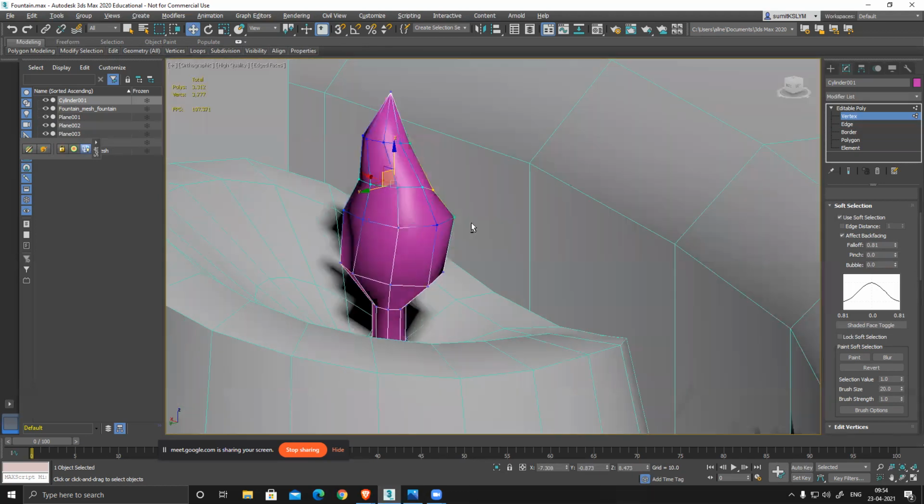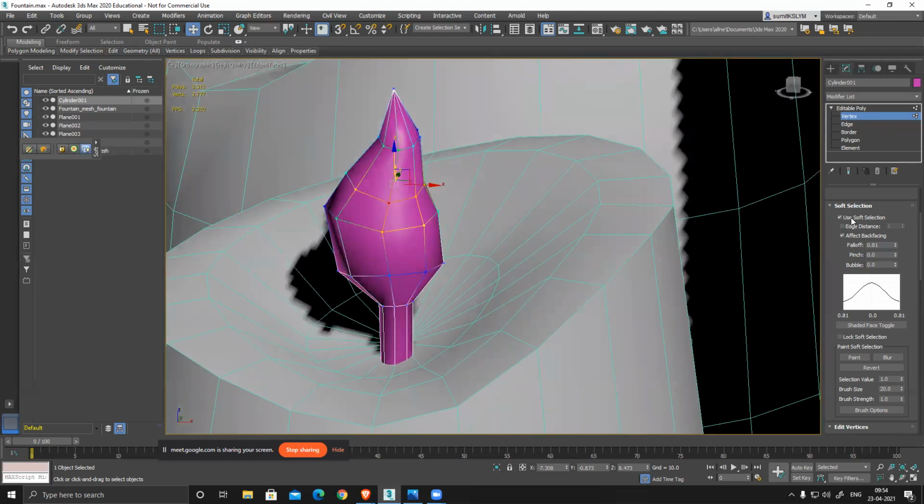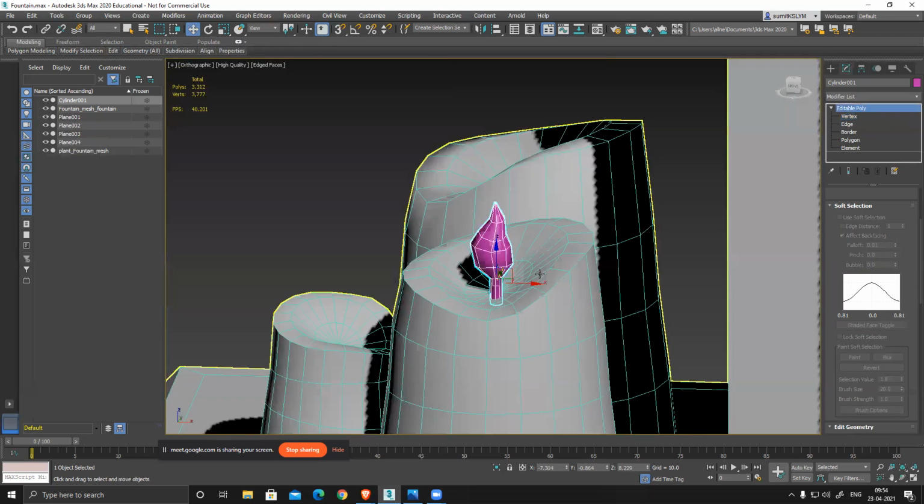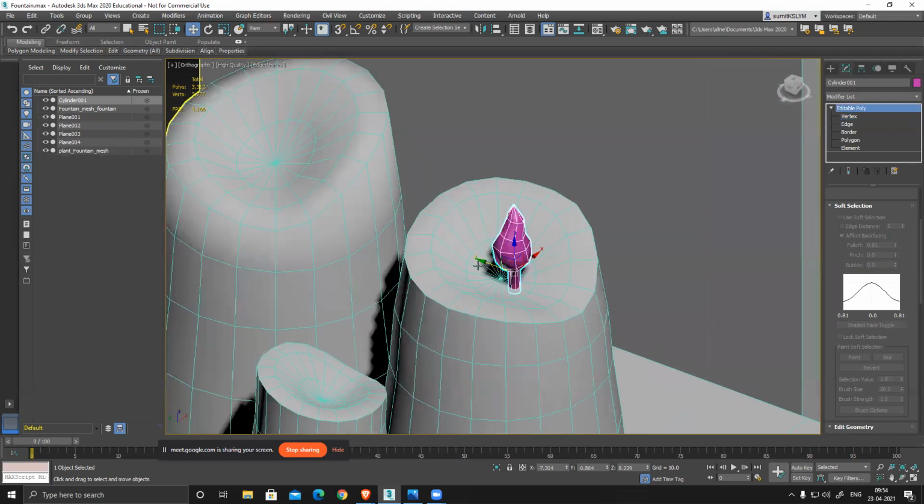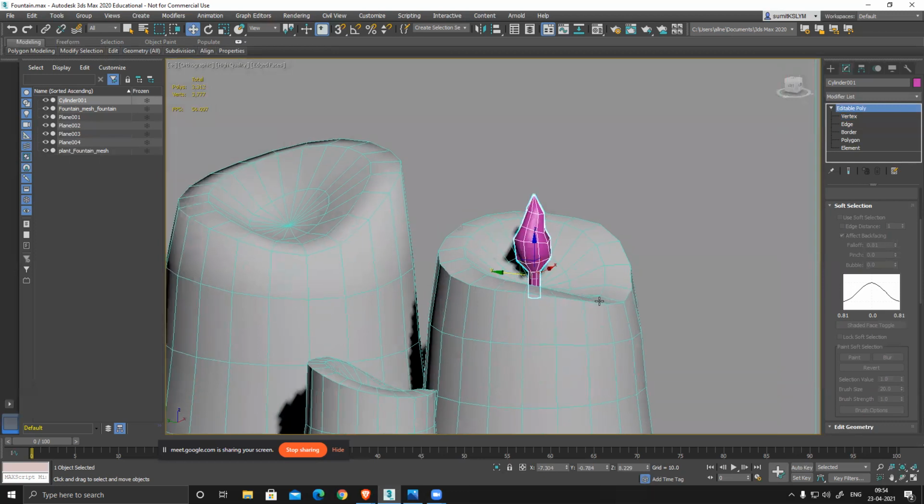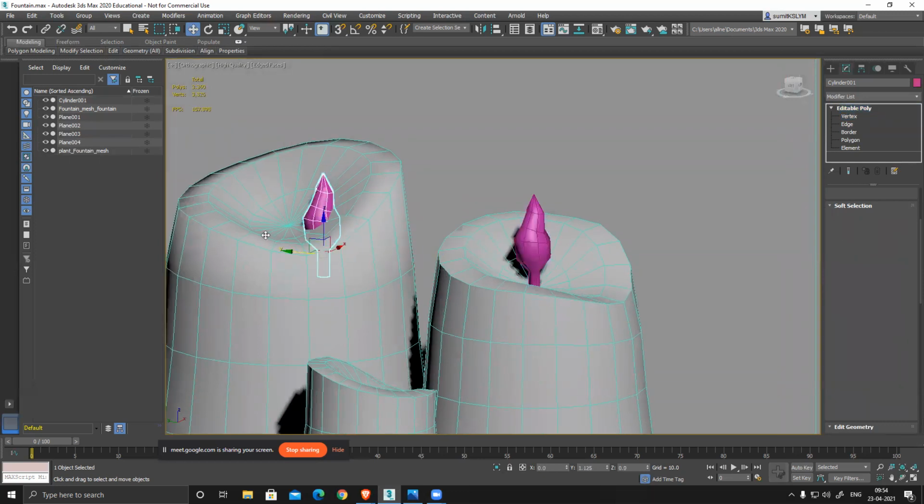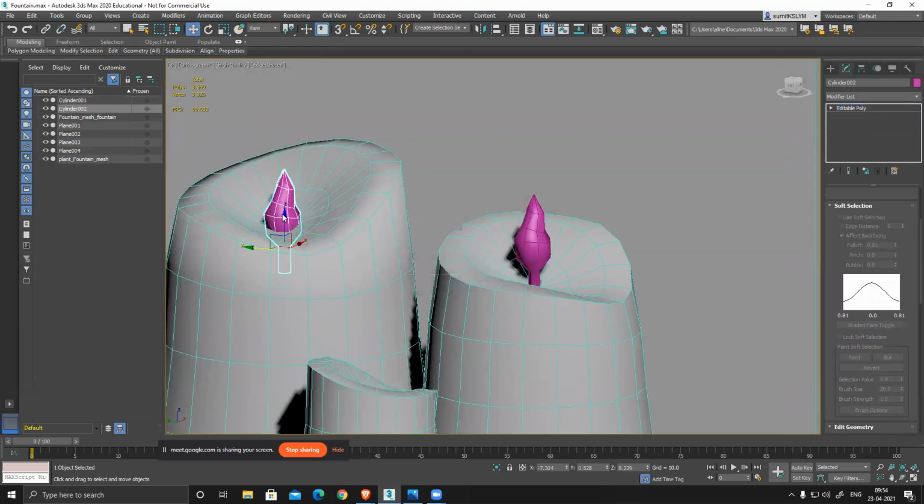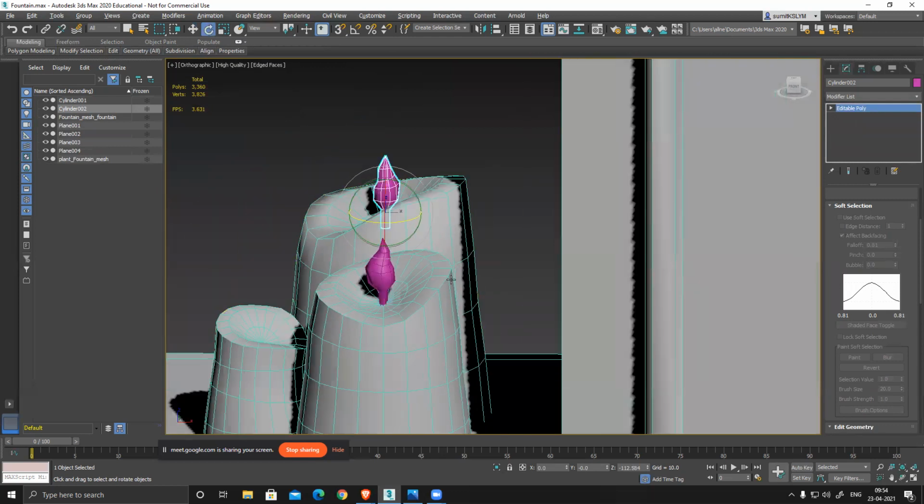So uneven, it's not symmetrical from any of the angles. Switch off soft selection, switch off this thing, align it and duplicate the same thing, rotate it. So change the angle, it doesn't look the same,